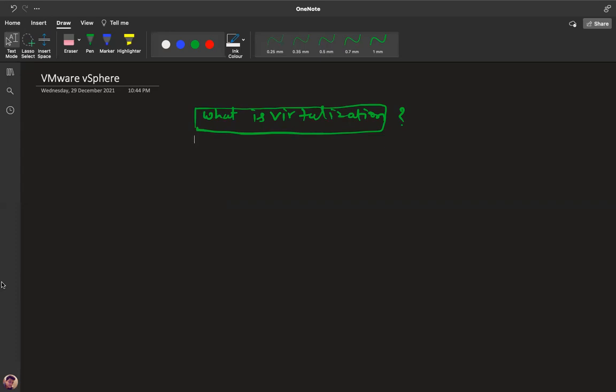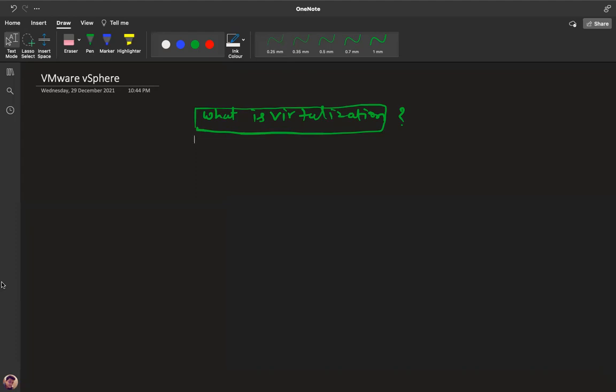We can use virtualization to perform multiple tasks related to VMs, applications, networking, storage, and a number of other virtualization activities we can manage. Correct? Okay.